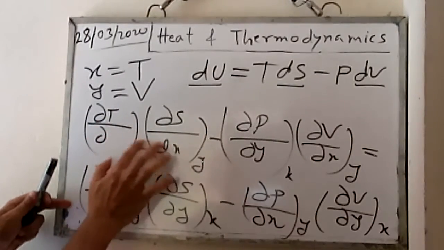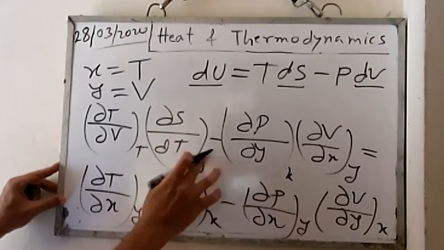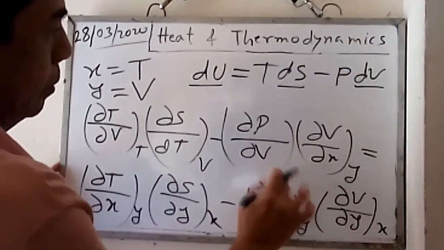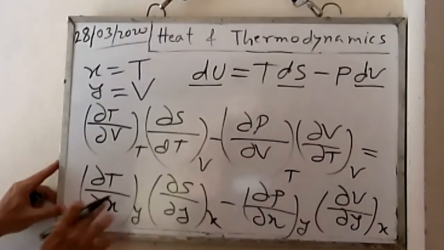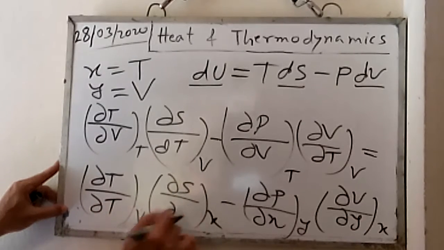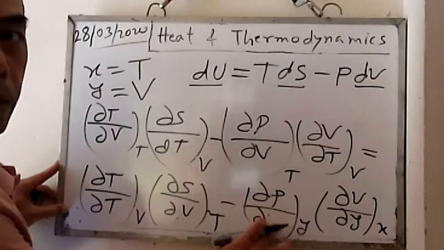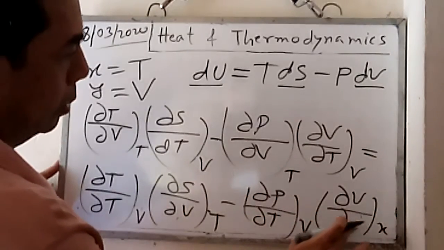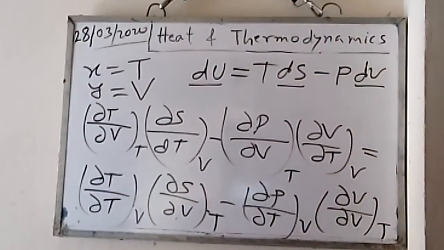Just put this V and T, T and V, just V and T, X, T and V, X, T, Y, V, just V and T, X, T and V, V and T. Okay, now